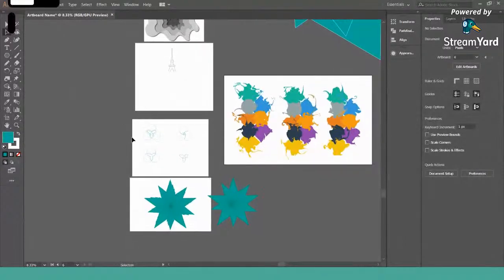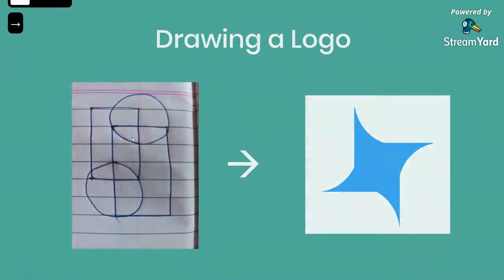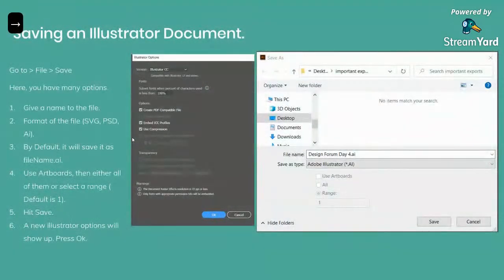So now about saving an Illustrator document. Go to File, Save. You will see so many options now. Give your name to the file. Format of the file is mostly SVG, PSD, AI. By default, it will be saved as whatever you give your file name .ai. We can have the option to use artboards. By default, it will select all of the artboards, but we can also